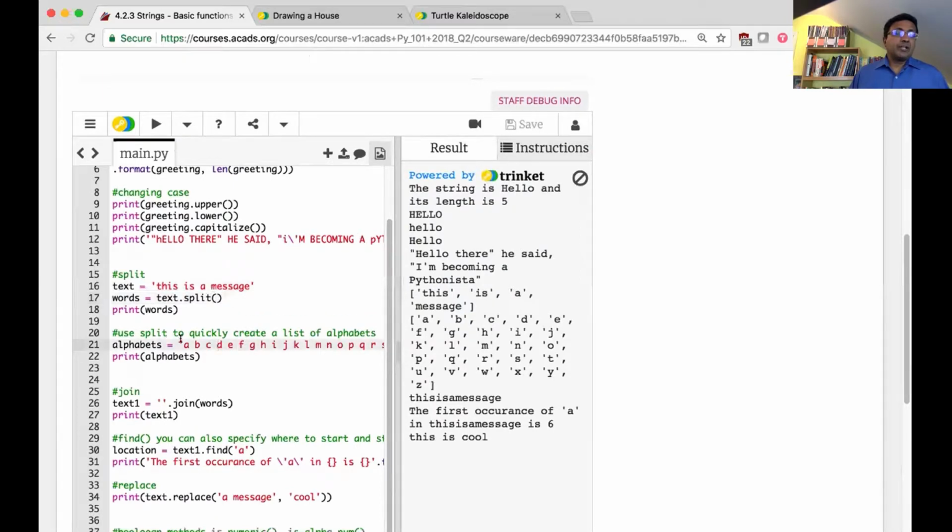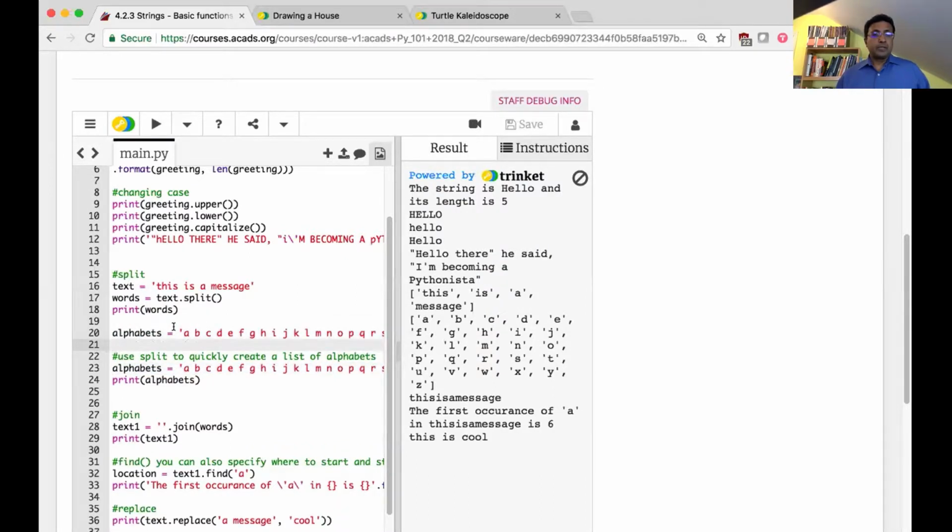Now, you can use split, for example. So here's a good exercise. Maybe all of you can type this out. I want you to create a list of alphabets, right? And if you try to create it, you can type your own code into your version of the trinket. If you try to create a list of alphabets by doing the following, right? It takes a lot of time, right? If you say alphabets,